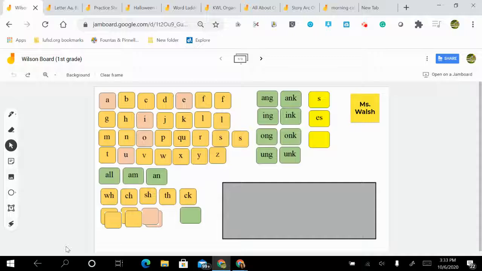Hi, today I wanted to show you how I use Jamboard with students. Jamboard is an app in Google Suite that allows students to work in the whiteboard collaboratively with their peers or